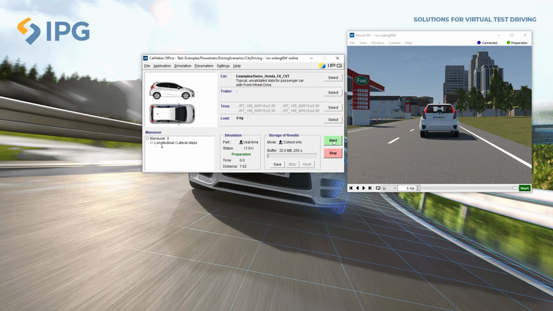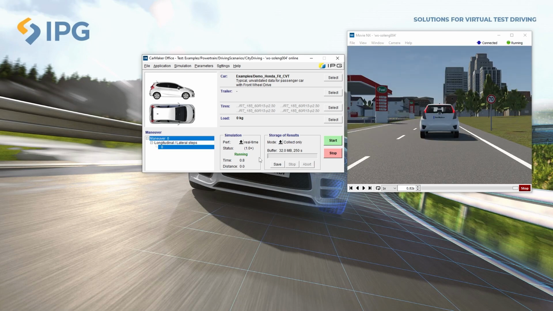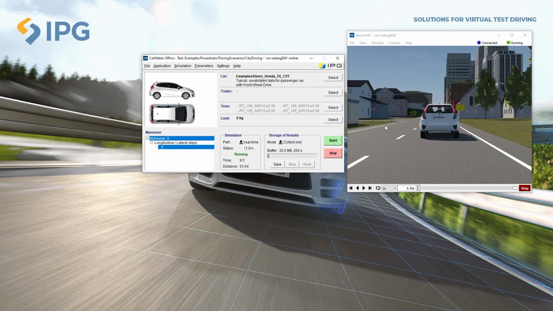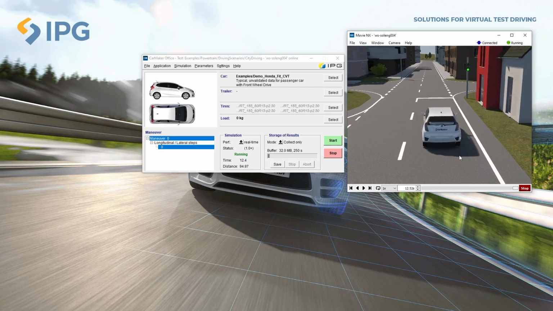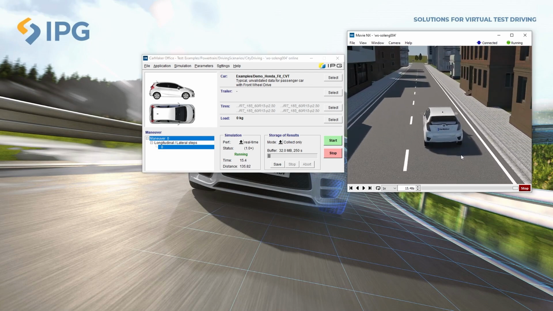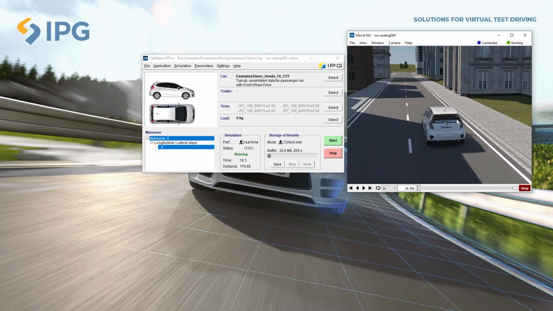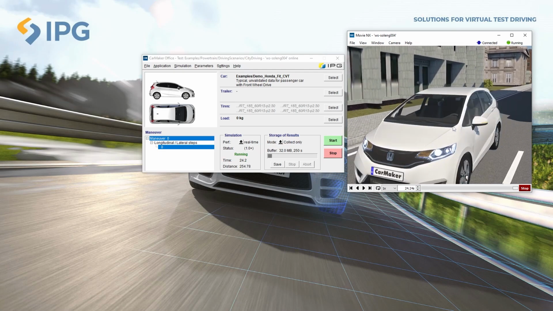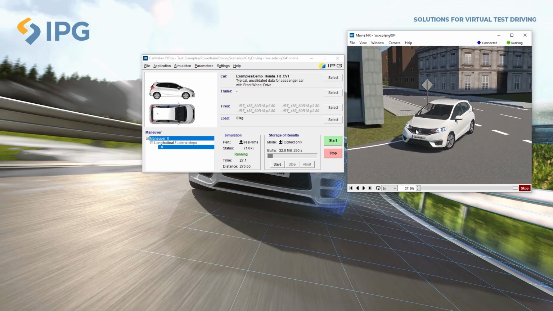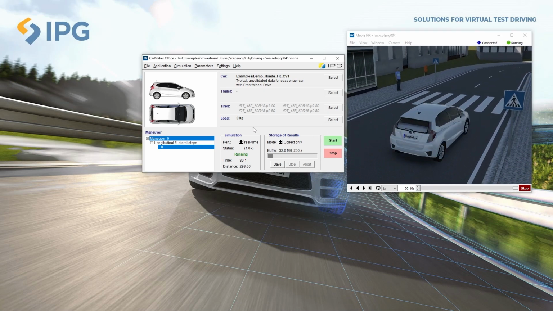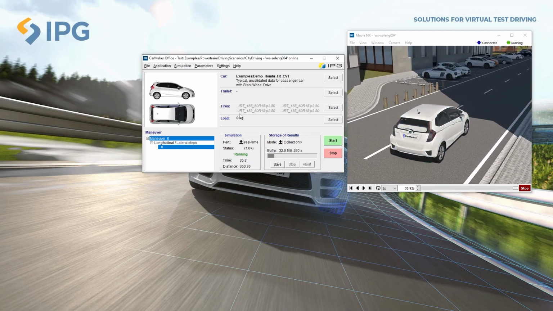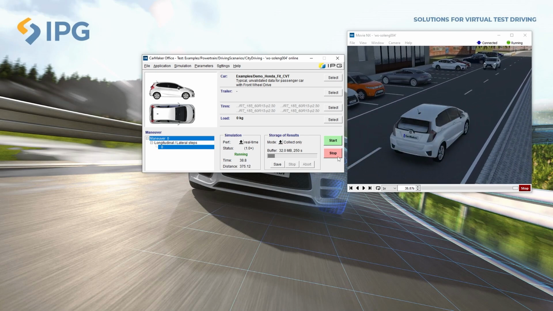In the main GUI, we can see that the status has changed to running and that the vehicle is starting to slowly move in MovieNX. By clicking and holding and dragging the mouse over MovieNX, we can rotate the camera and change the view on the vehicle. By scrolling back and forth, we can zoom in and out to the vehicle, and that's how we can adapt the view as we need it. To stop the simulation prematurely again, I can go back to the main GUI and then just click on Stop.